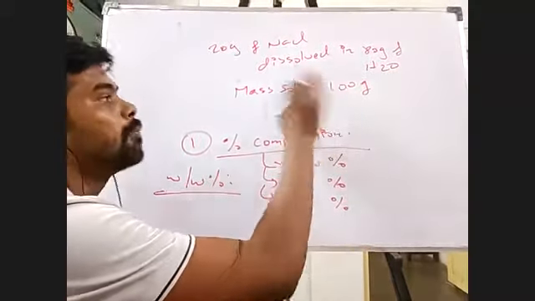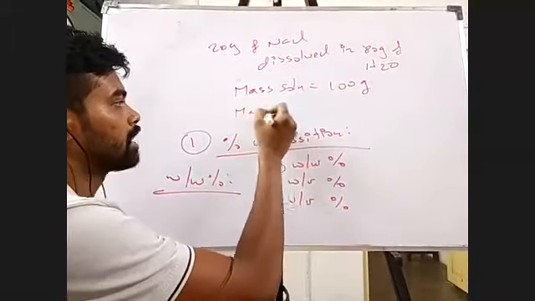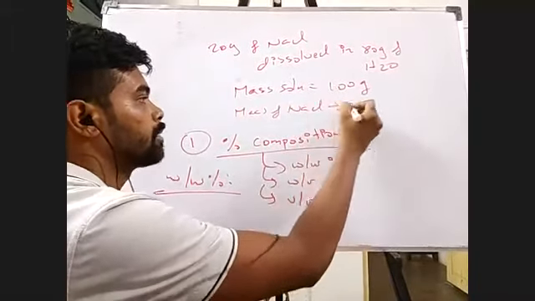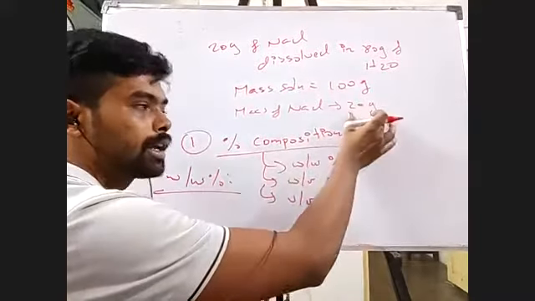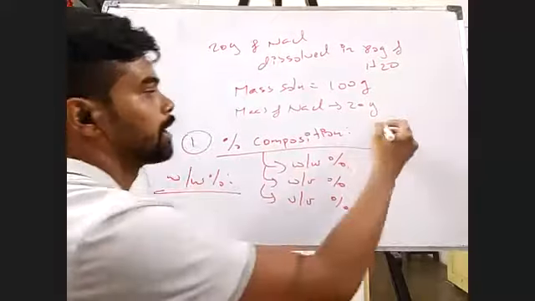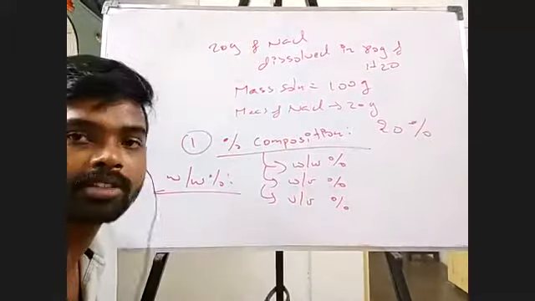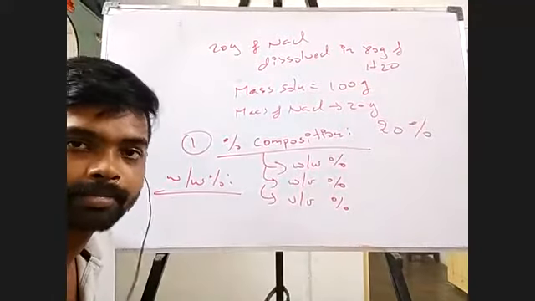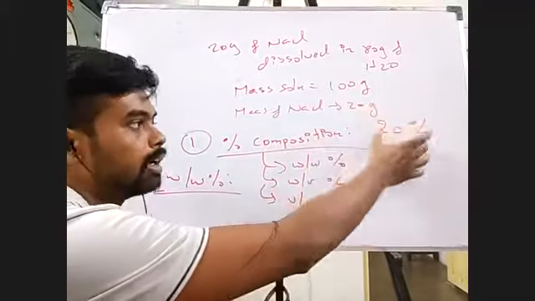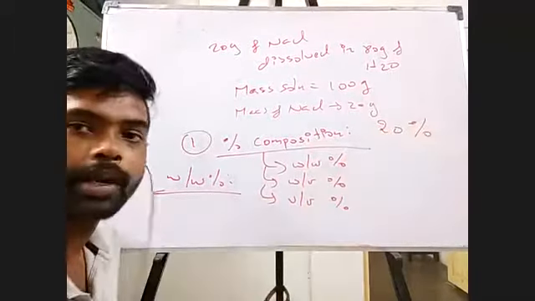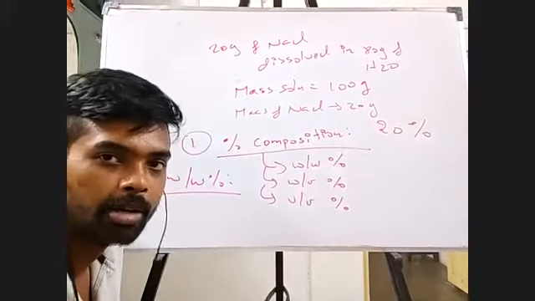In that, how much is the mass of the solute? And what is the mass of solute here? Mass of NaCl is basically 20 grams, right? So in 100 grams of total solution, 20 grams is NaCl. So this particular solution is 20% by strength, or 20% concentration by mass. Understood what I'm telling? Right? Total 100 grams, the 20 grams NaCl. So what is the percentage? 20% of NaCl is present. Are you able to understand?